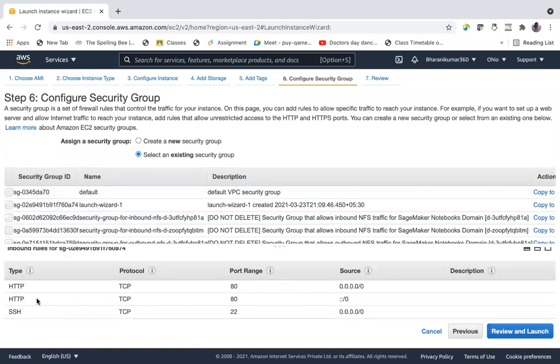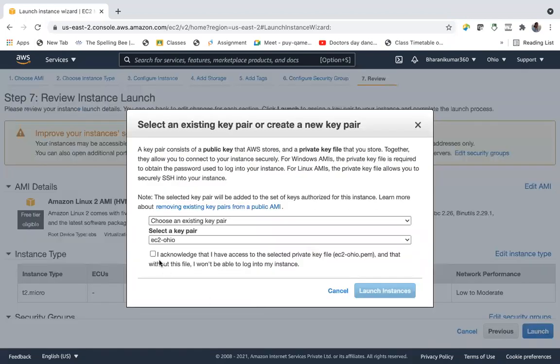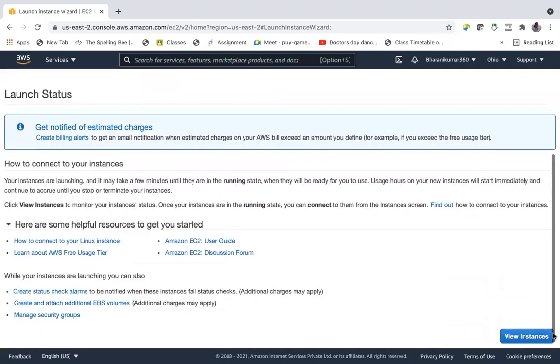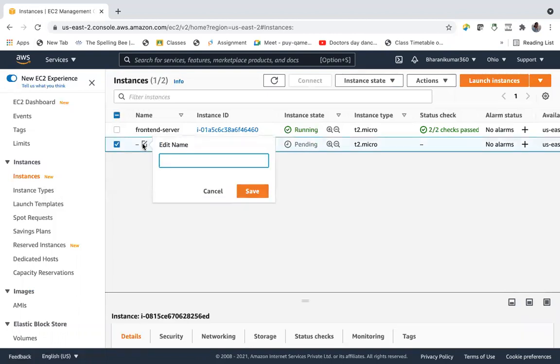But anyway, HTTP is there, it's enough. Or we will edit this later. Let us keep it as is, review and launch, launch instance. This is the backend server.